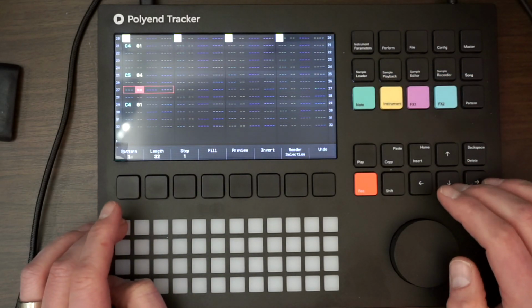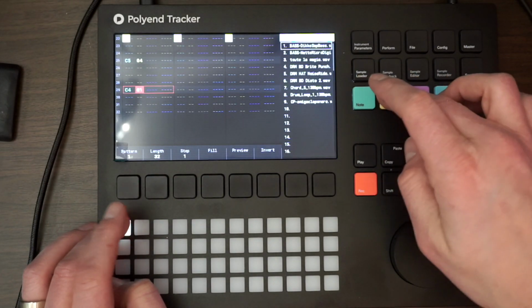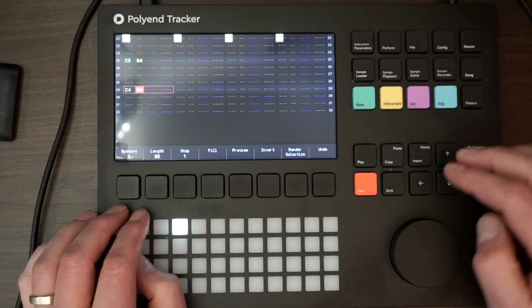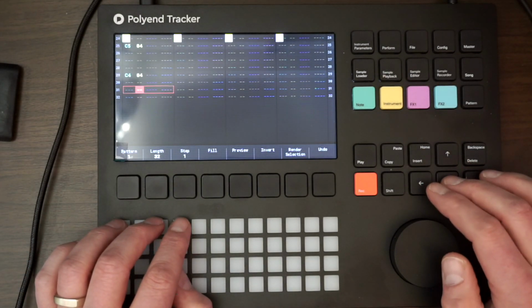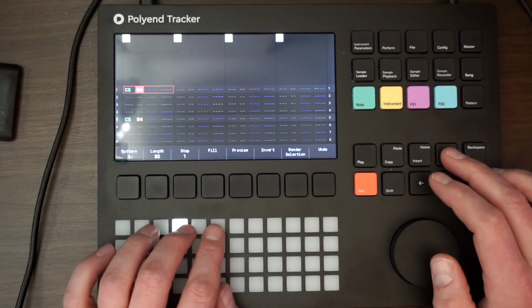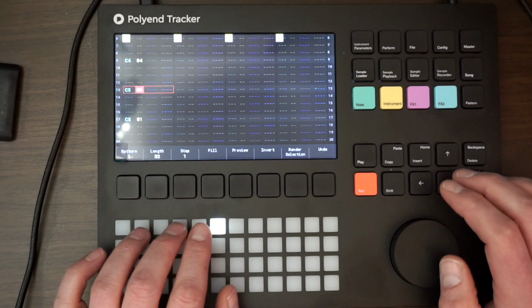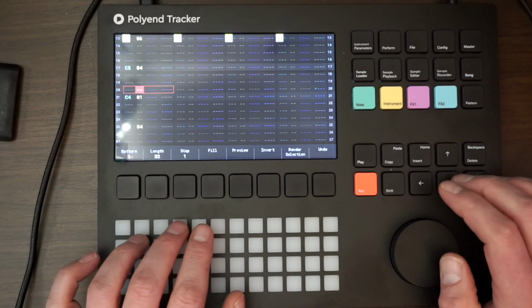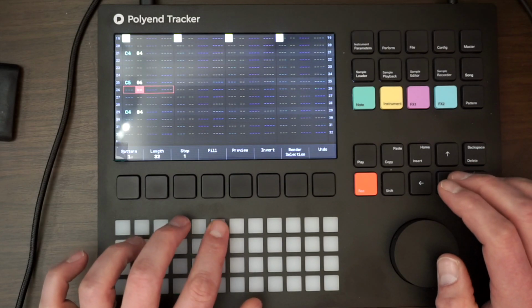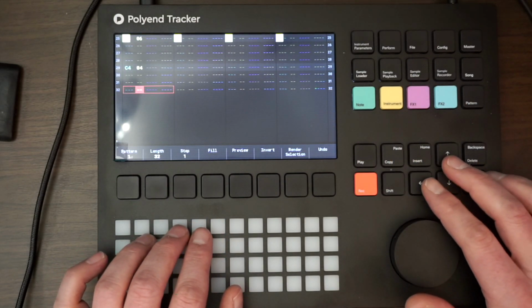So this. No. Instrument 1/2, 4. Okay, that's the instrument I want. No, it's going to be instrument 6. I can just change the instrument like that. So when I play this,